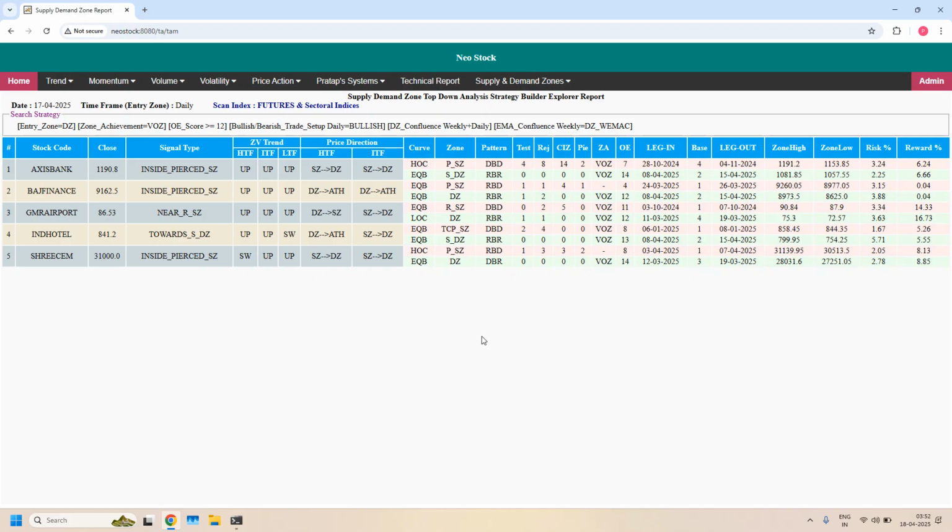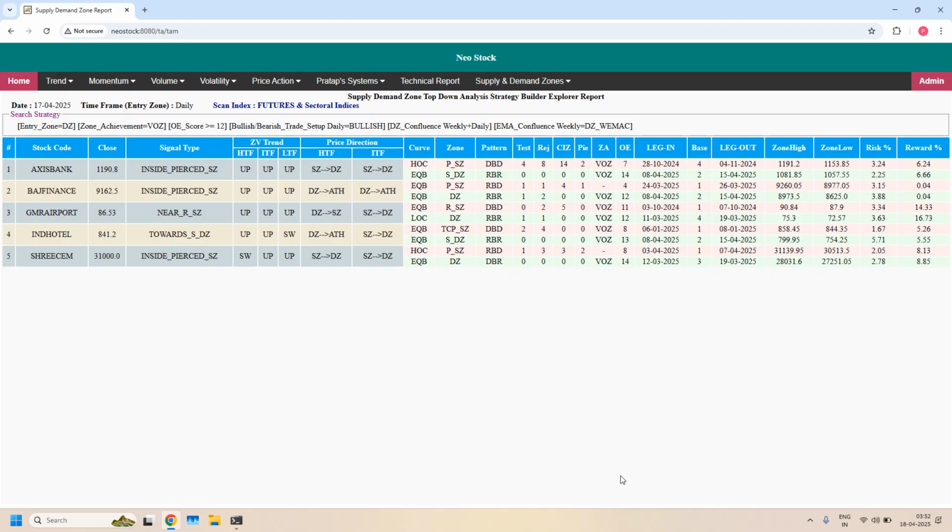So any pierced demand zones? No, we don't have any pierced demand zones. Because for a bullish trade setup, we should look into only demand zones. Supply zones are only targets, to book the profit. Okay, this is about